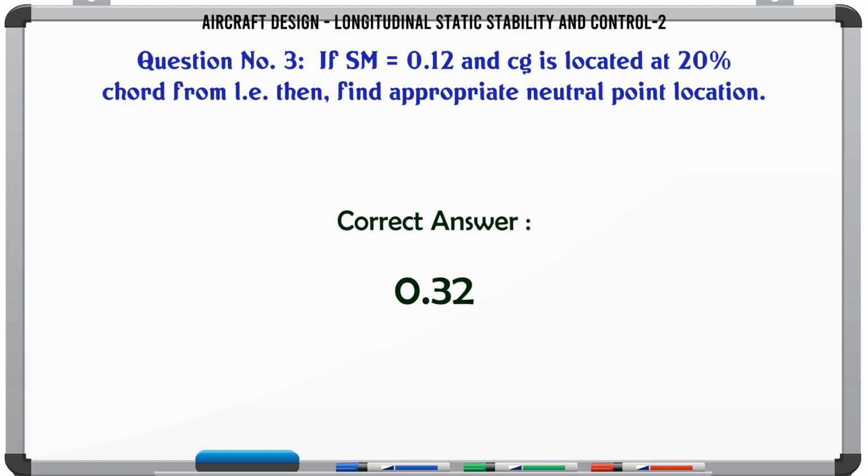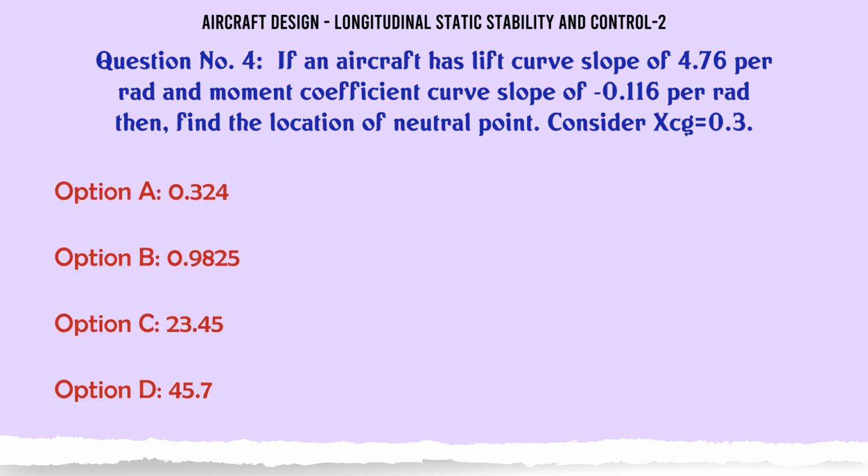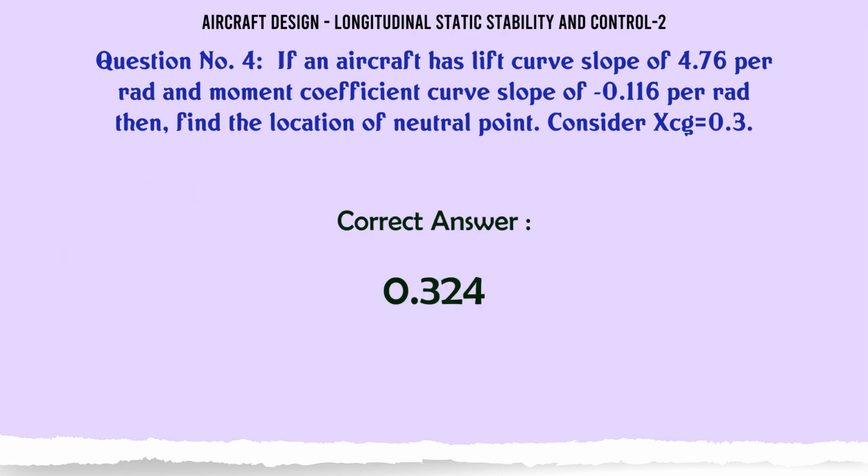0.32. If an aircraft has a lift curve slope of 4.76 per rad and moment coefficient curve slope of 0.116 per rad, then find the location of the neutral point. Consider XCG 0.3. A: 0.324, B: 0.9825, C: 23.45, D: 45.7. The correct answer is